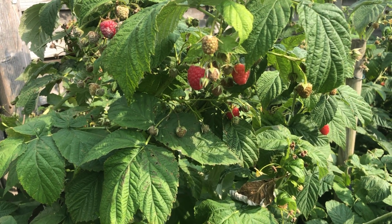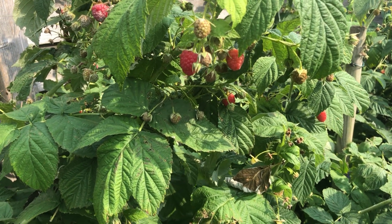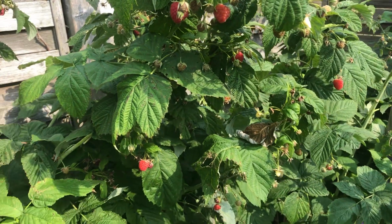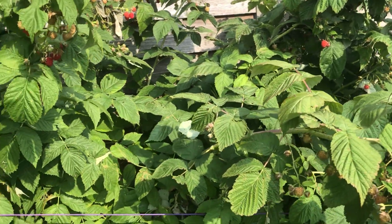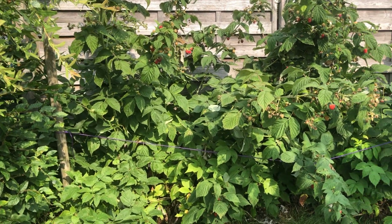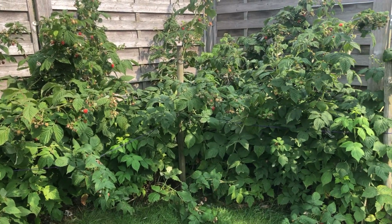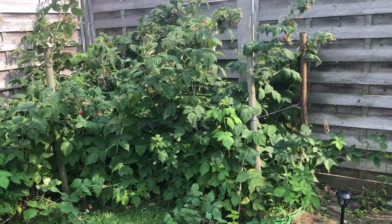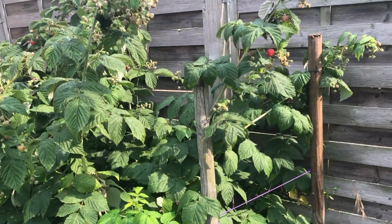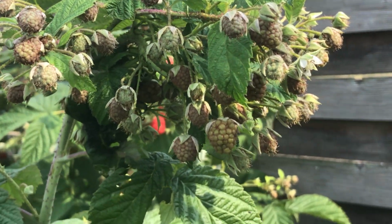So, today we are looking at the raspberries in the garden. We've been eating raspberries for a while now. Let me back up a bit. We have quite a bit of raspberries in the garden. In that corner is where we have the raspberries, and we've been eating raspberries every day. As you can see, there's quite a bit on this, and some are